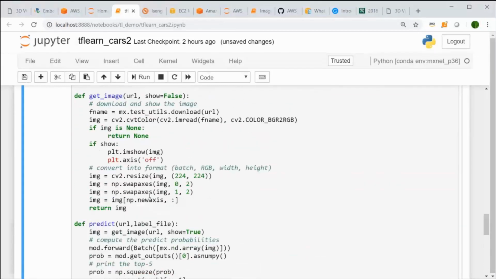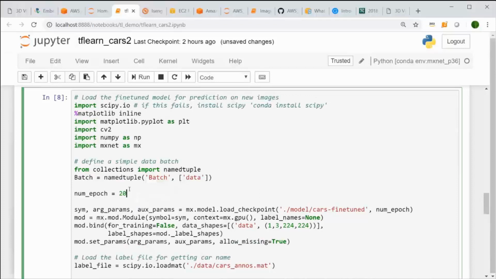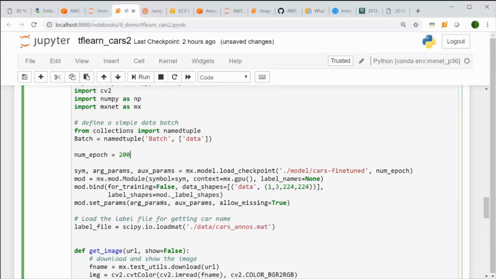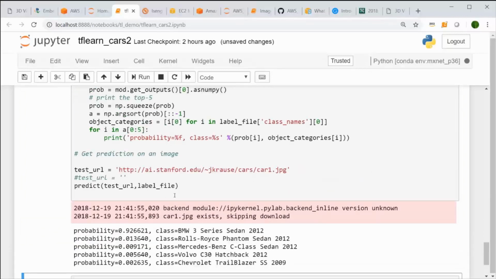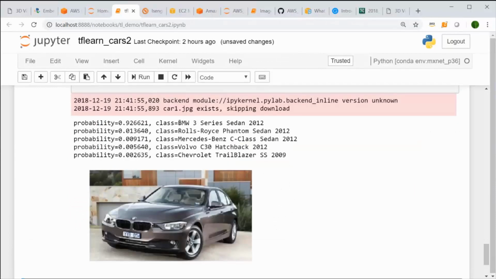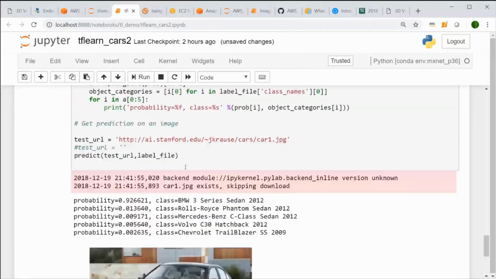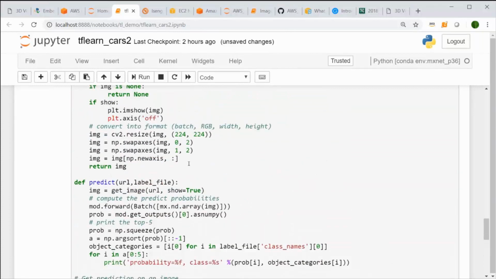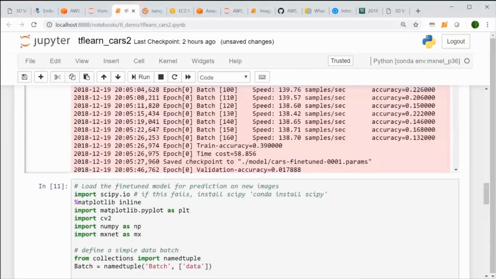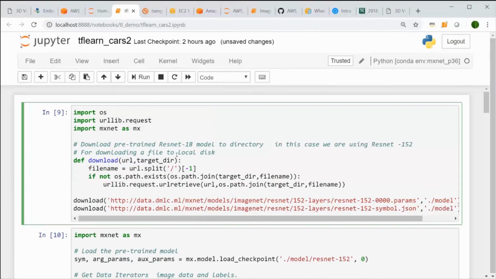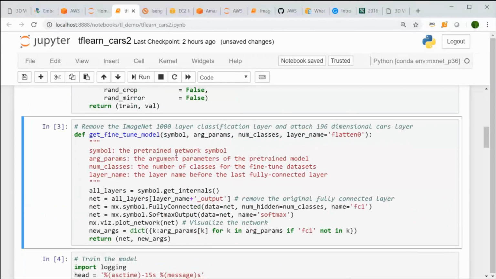The reason is because I didn't train my models for too many times. If I start adding to the number of epochs, or the number of times that I train through the data sets, 200 times instead of 20, it would be able to do that a lot more accurately. So let's actually find out. So now it's able to tell that this is a BMW 3, and I think that's correct, instead of a Rolls-Royce. So as you can see, the more iterations you train your model, the better it will become. So now let's go back and train the models so that I can show you how the GPUs are running.